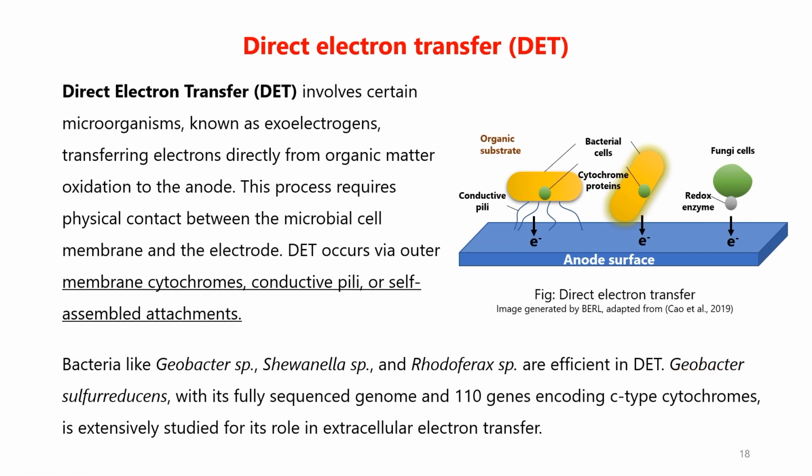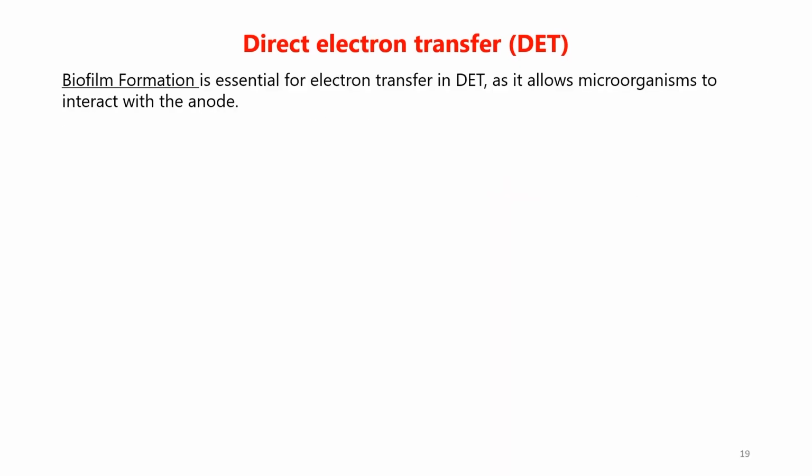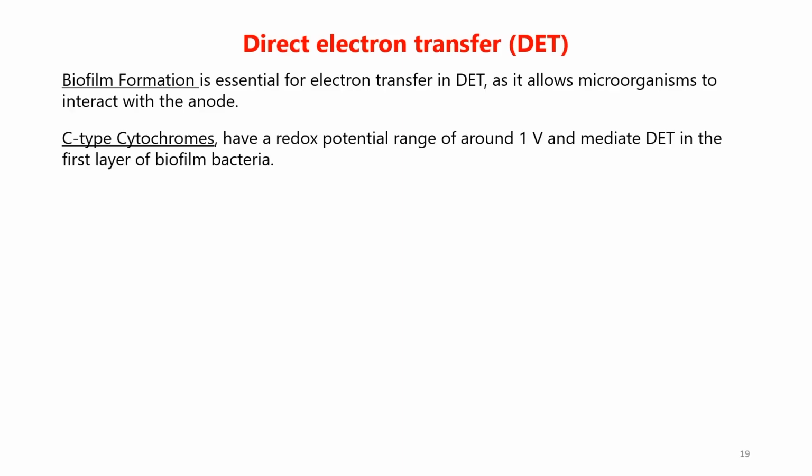Then in the case of fungi cells, we can see the presence of a redox enzyme which helps in the transferring of these electrons into the anode. So, biofilm formation is essential for electron transfer in direct electron transfer, as it allows microorganisms to interact with the anode. C-type cytochromes have a redox potential range of around 1 volt and mediate direct electron transfer in the first